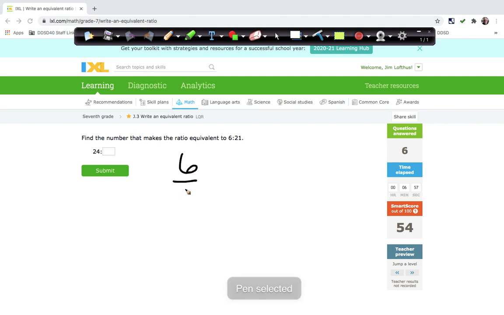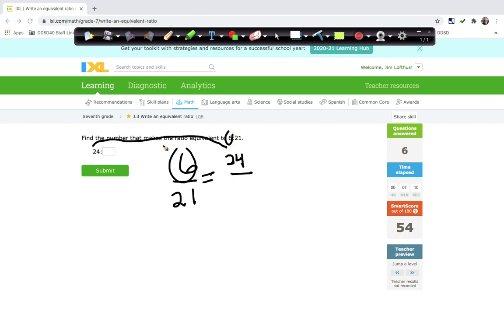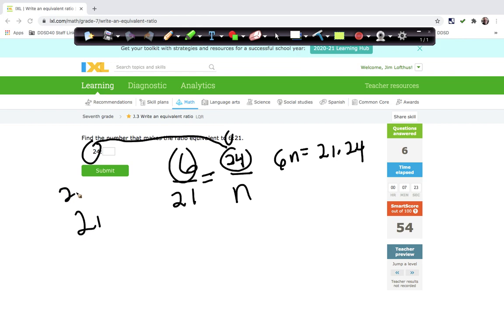Let's see, this one is 6 to 21 equals, you have to decide, is that 24 going to go on the top or the bottom? It's the first number, so it's going to go on the top. So the first number, numerator. The missing number, we'll just put a variable in there. 6 times n is 21 times 24. 21 times 24